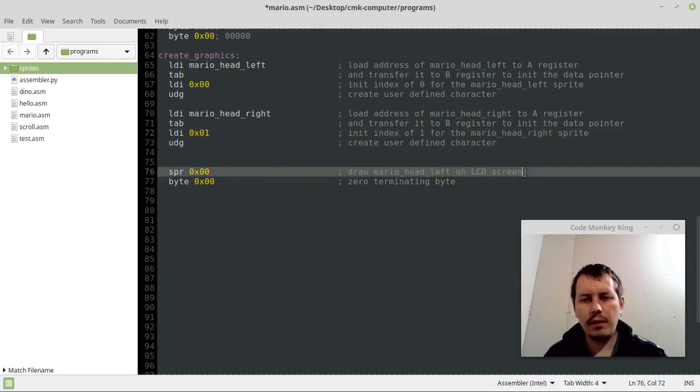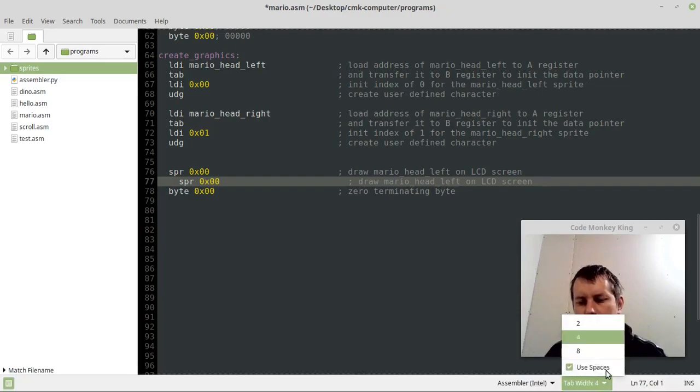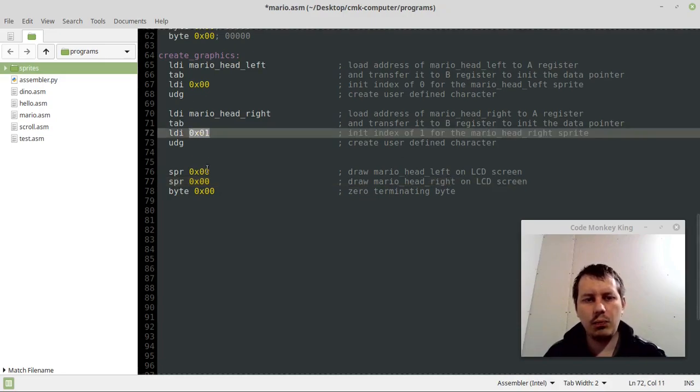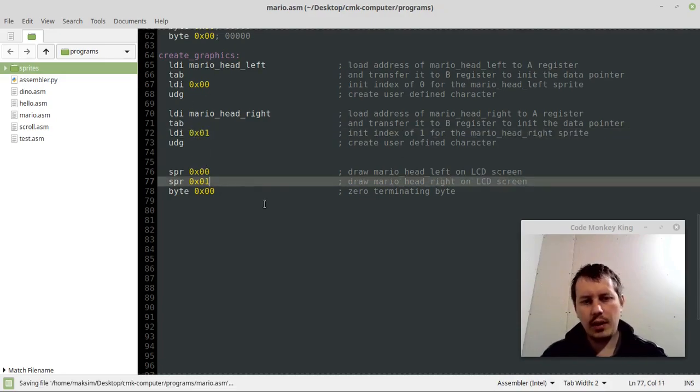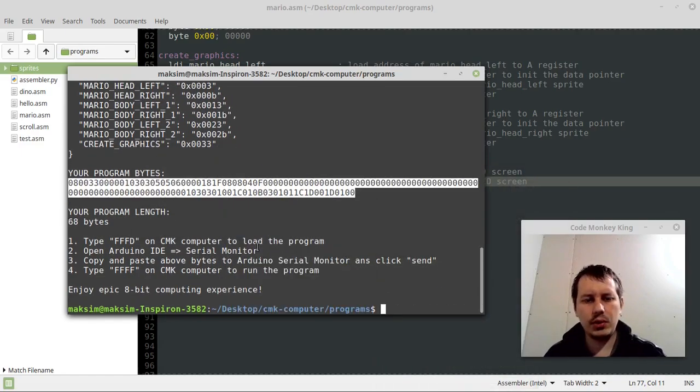user defined graphics, and here copy Mario head right on the screen. And as far as this one has the index of 1, this is the exact index that we're going to be using here. So if I now did everything properly, after assemble and run, we should already see